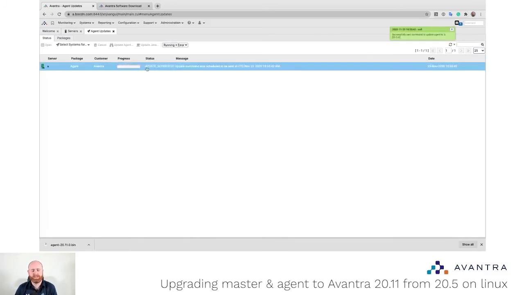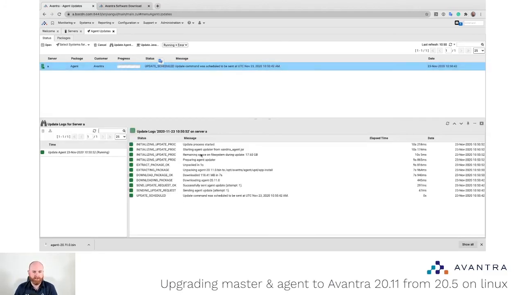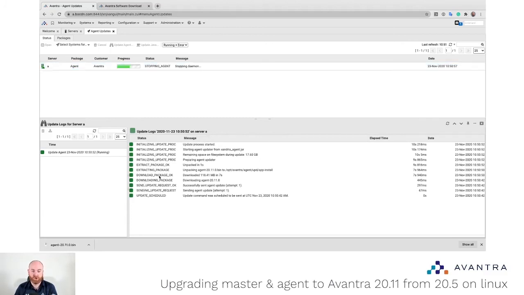And now what's happening is it's scheduling the update with the agent. The agent will then pull the updated agent file down to the local server. It'll extract it and it'll begin to install it. So if I click in here, you can already see this. So it's scheduled the update. It sent the update requests. That was okay. It downloaded the package to the remote server, extracted the package, initializing the update progress,